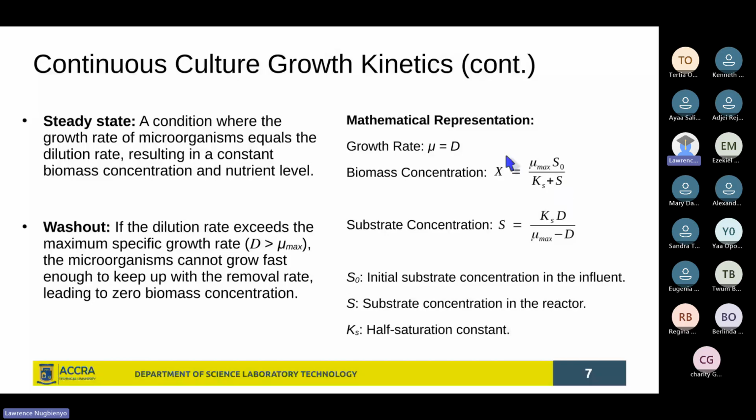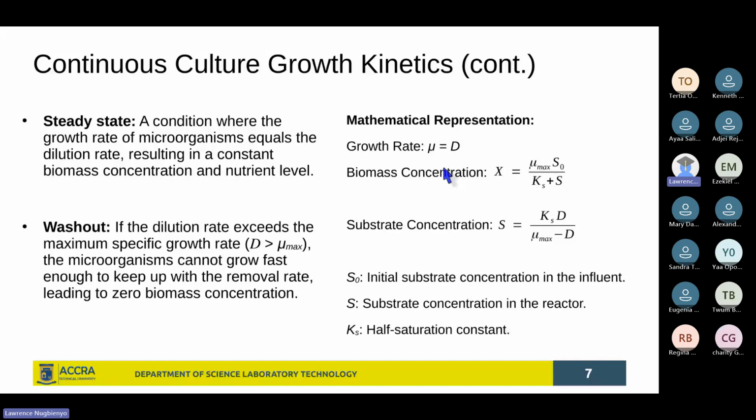And what do you mean by washout? What does it mean when we say washout? Now, if the dilution rate that you calculate exceeds the maximum specific growth rate, that is the Umax, practically, what it means is that the amount of medium which is being pumped into the system over time, the rate at which it is being pumped, is higher than the rate at which the microorganisms are growing. So what it means is that the